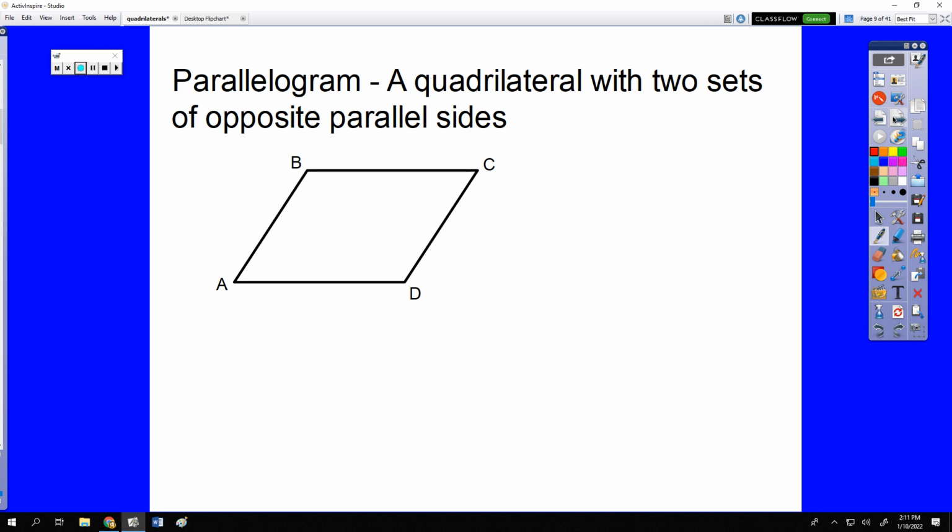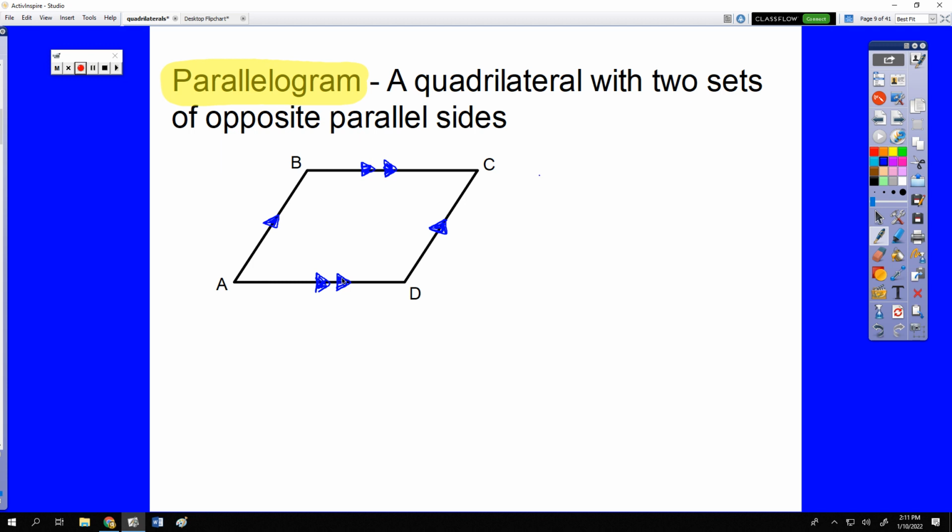Okay, so now we get into parallelograms. A parallelogram is defined as a quadrilateral with two sets of opposite parallel sides. So here we have a quadrilateral where AB is parallel to CD, as indicated by these triangles, and BC is parallel to AD, as indicated by this set of two triangles. The reason I'm drawing two triangles on BC and AD is they're parallel to each other, but not to AB